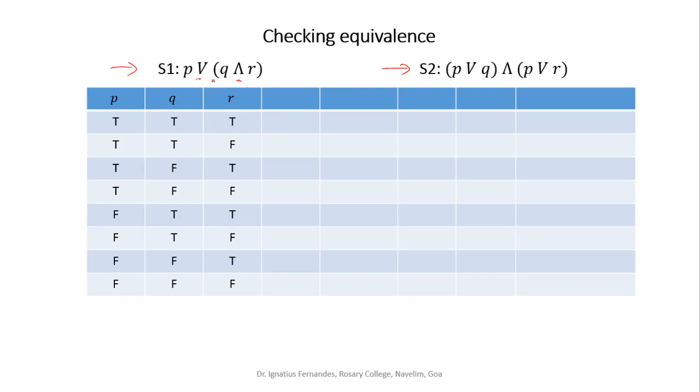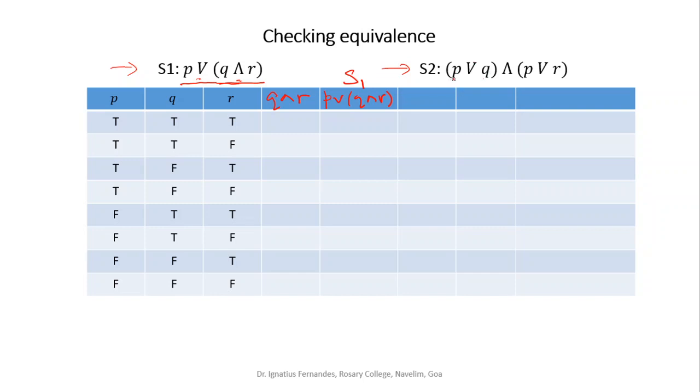So I have three simple statements here, P, Q, R, and we know that when there are three simple statements, there are 8 possible combinations of the truth values. Now, depending on the expression in S1 and S2, I will make these columns. For S1 I need Q and R, so I'll make a column for Q and R. After I find Q and R, I can find P or Q and R. So I make a column for P or Q and R. This will be my S1.